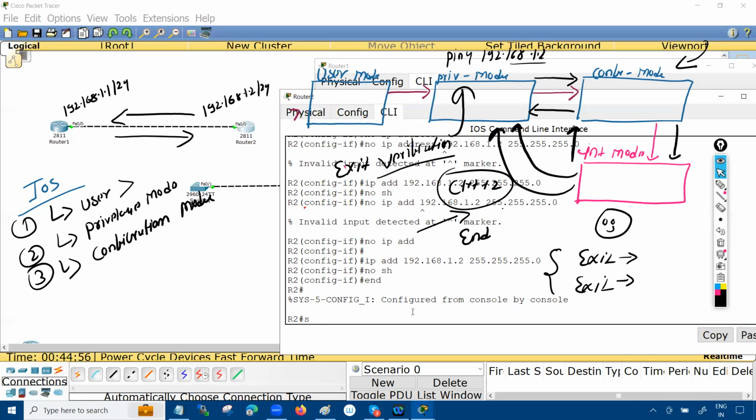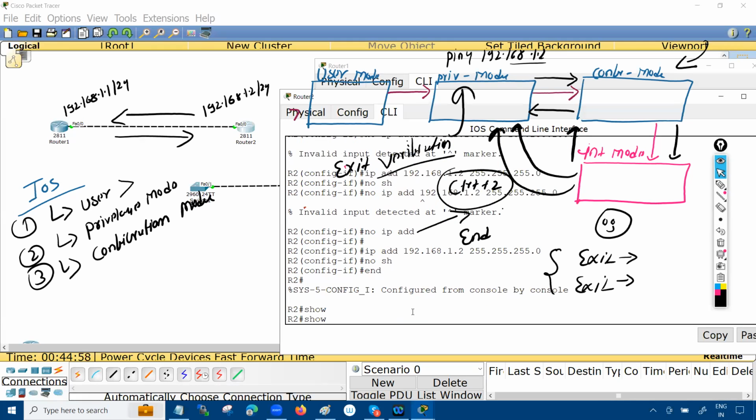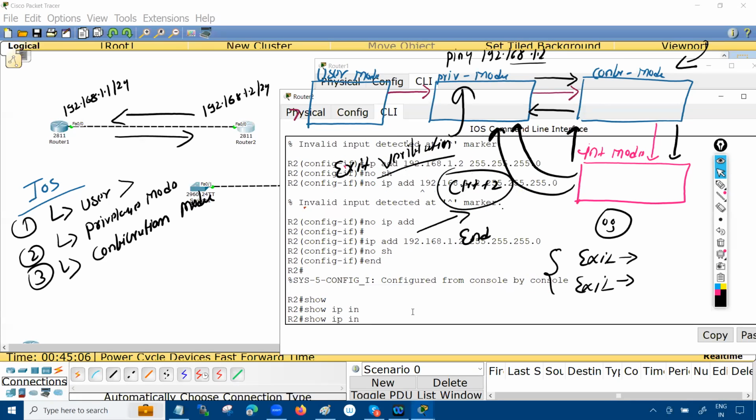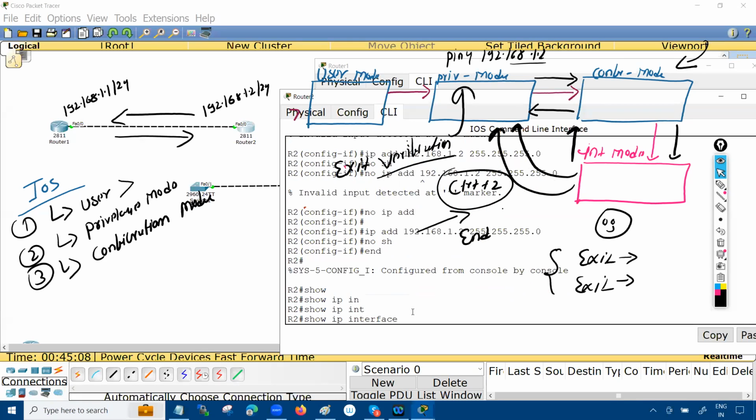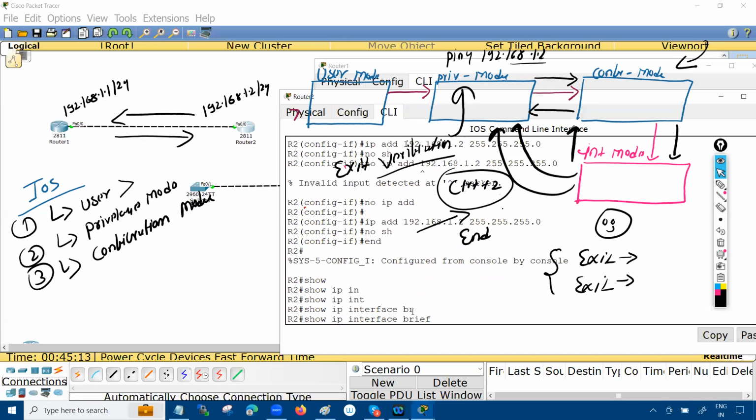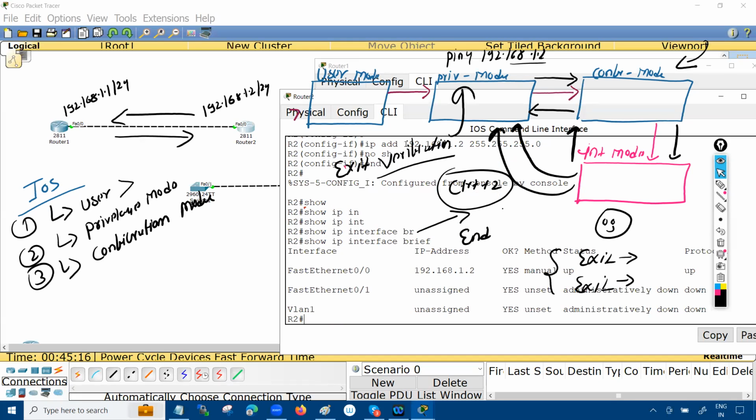So what keyword do I have to use? What am I going to show? I'm going to see the IP. And where do I want to see the IP? I want to see the IP on the interface. Do you want to see the complete details or concise information? I'm saying, I need brief information. Now you can see that I have a